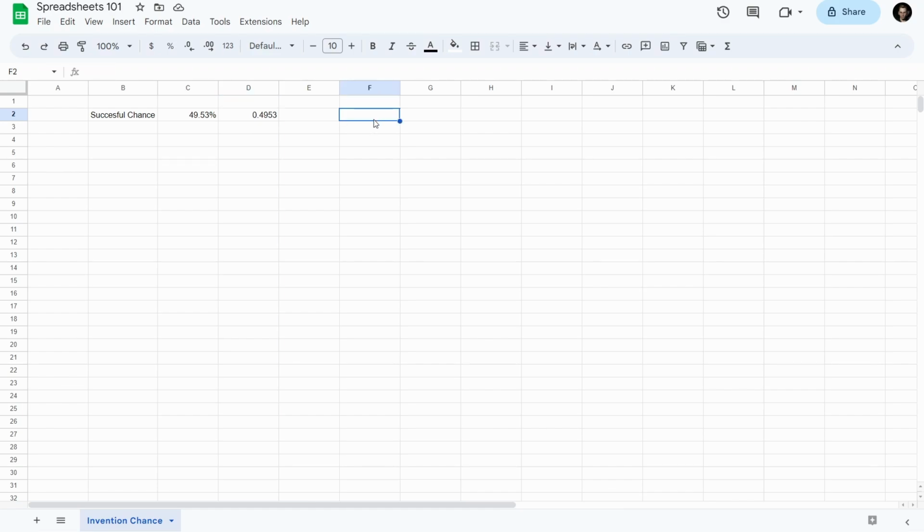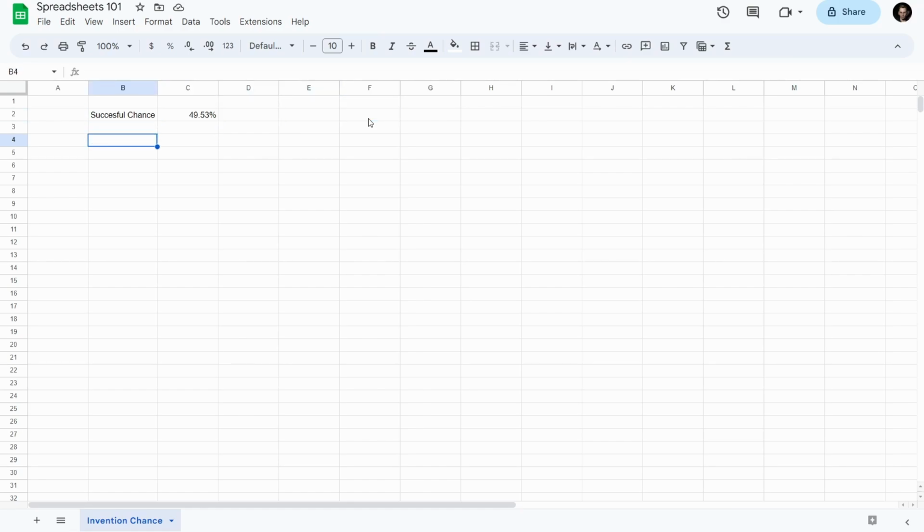So if we get 1, and then we multiply it by 0.4953, so equals 1 times 0.4953, we get the same because we're multiplying by 1. But that's effectively how percentage works. It boils down into this fractional multiplier. But anyways, we're gonna leave that at 49.53,